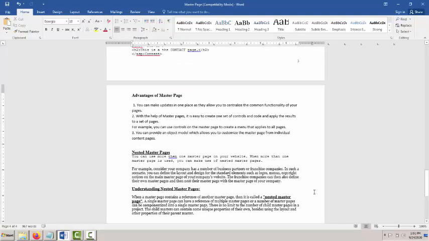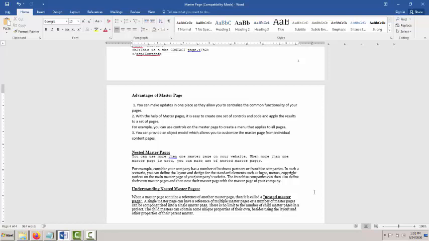Okay, now let us assume what can be the disadvantages of the master page. First one, we can say the disadvantage is, what if we create nested master pages, then it is difficult to handle the events of the master page inside the content page and itself a master page also. How we can find out what kind of event are going to be reflected to the other pages? That is very difficult.